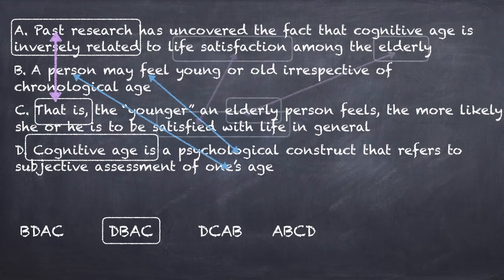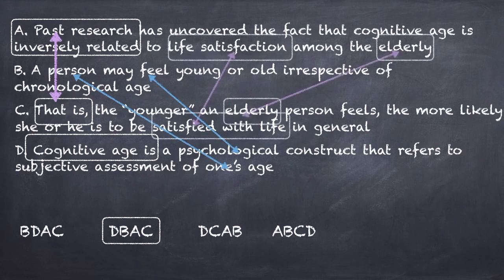So I also look at repeating words in the sentences. I look at A, it says elderly. In C also there is elderly. There is satisfaction, and there is satisfaction in C also, right? So the idea that we can learn from this particular question especially is that cognitive age is basically a definition. That is a kind of rewording, and trying to find connections and pairs between sentences, right? So a pretty easy question. I'm going into far more detail than necessary, but these are all the possible connections, right? That is the rewording,